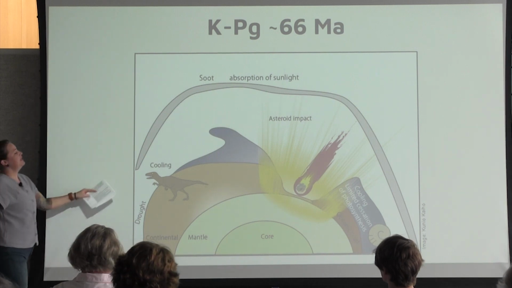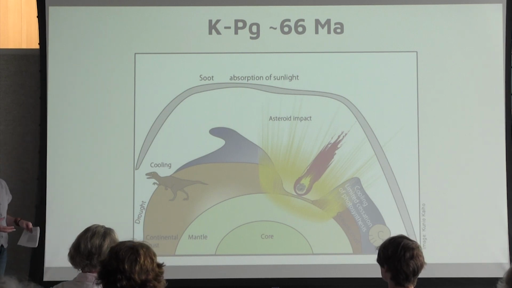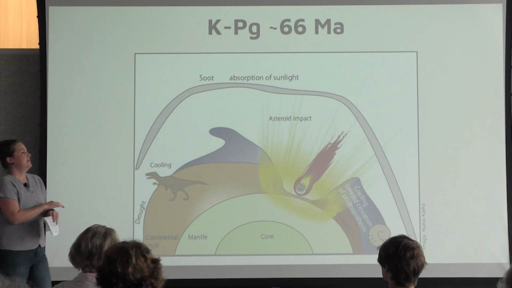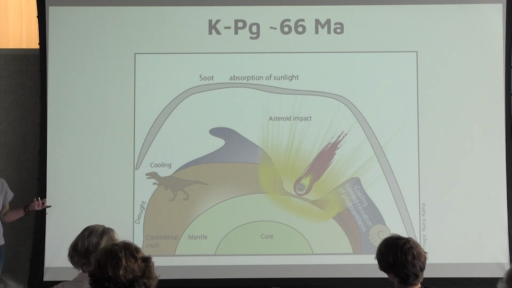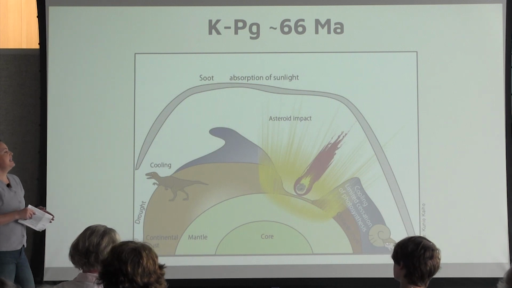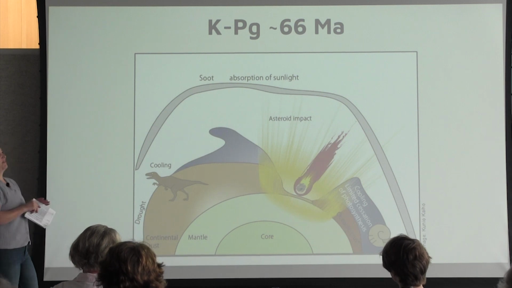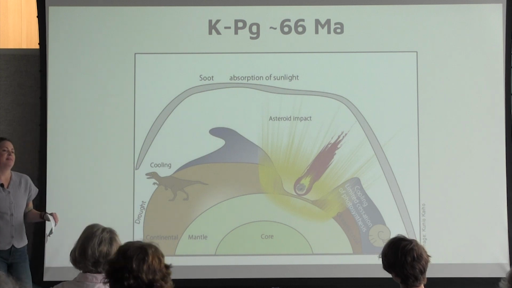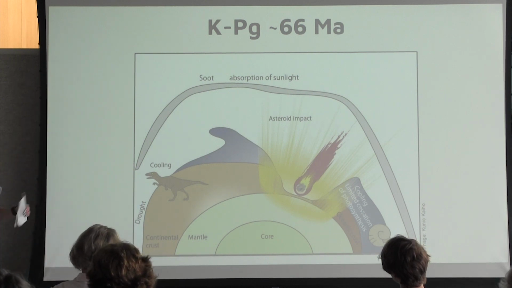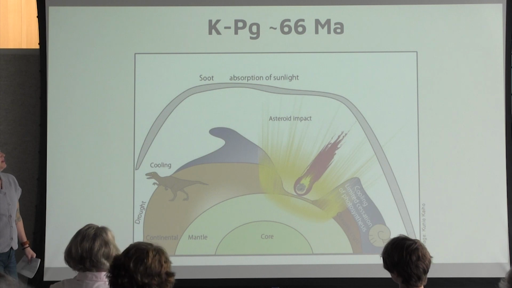So what we see actually is kind of a bias, extinction bias based on that food chain breakdown. You have the plants go, you got the herbivores go, you got the carnivores go, and you got basically anything that was big and that couldn't run and hide, because anything within 1,000 miles of this impact was incinerated. So that was also a really bad time too. So the things that survived were pretty small. After this extinction event, the largest thing on our planet was about the size of an alligator, like an average size alligator, not like Sarcosuchus or something from the Paleocene later. So about the size of an alligator,